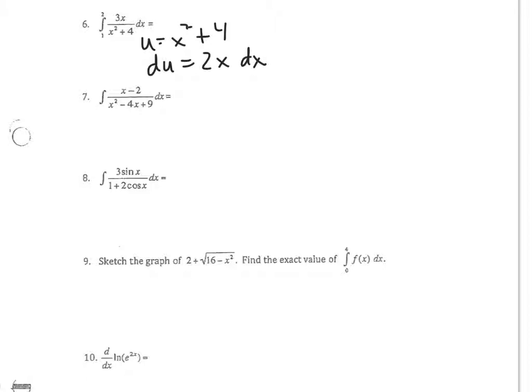I would have taken that 3 out of there originally and just moved that 3 out in front. Okay, and so I'd like to get that number out of there, whatever constant is sitting there, so it doesn't influence my next step, because I'm going to put a 2 in there and then a 1/2 out in front,